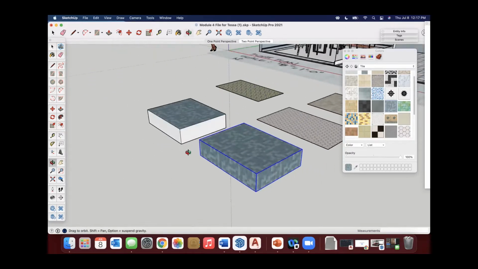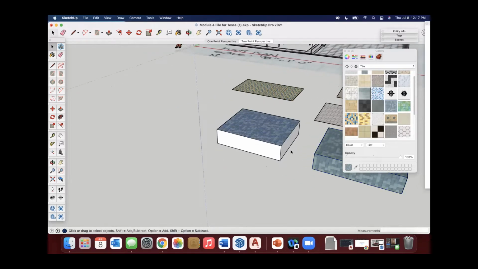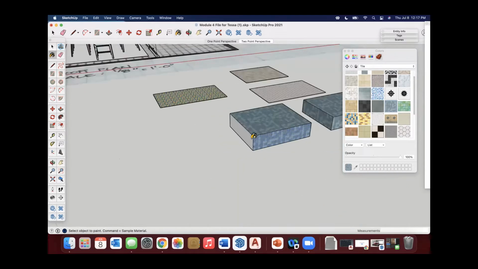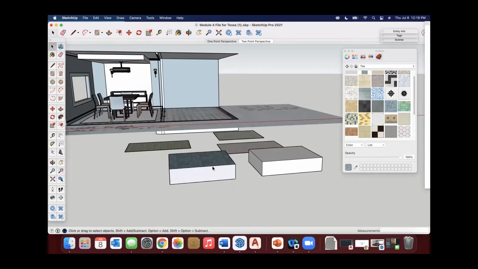So this one is reading as, because it's all grouped together, it's like everybody's holding hands. Once I put the material on it, it wants to put it on every face. If you have geometry that is ungrouped, it is going to only put it on the face that you're actually clicking on. So if I want this whole thing to be done in this pattern, I have to click each individual face. Or if I undo that, I'll show you, you can hold down the shift key and place it.